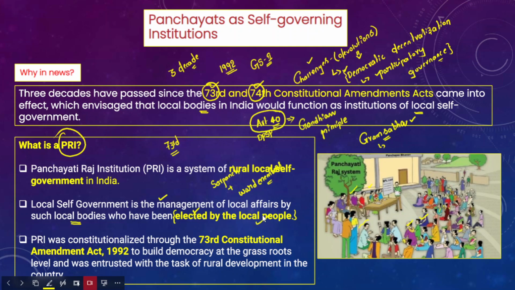So the Panchayati Raj institutions were constitutionalized. That essentially means that these Panchayati Raj institutions have been provided constitutional status under the 73rd Constitutional Amendment Act. Why has constitutional status been provided? It is because of building or strengthening democracy at the grassroots level. So, democratic decentralization at the grassroots level, and also entrusting the Panchayati Raj institutions with the task of